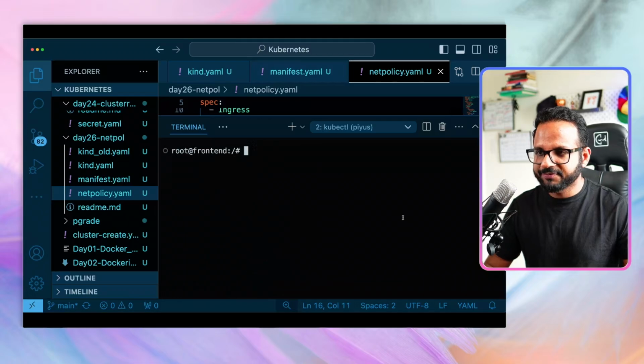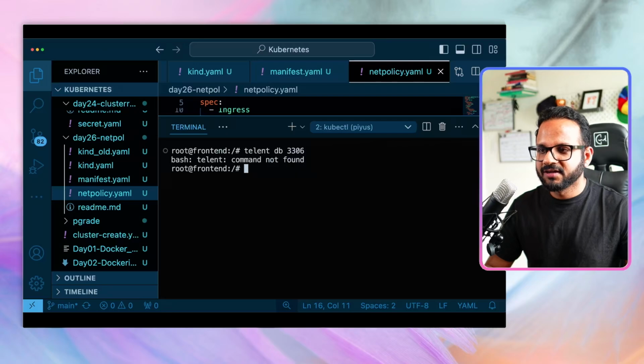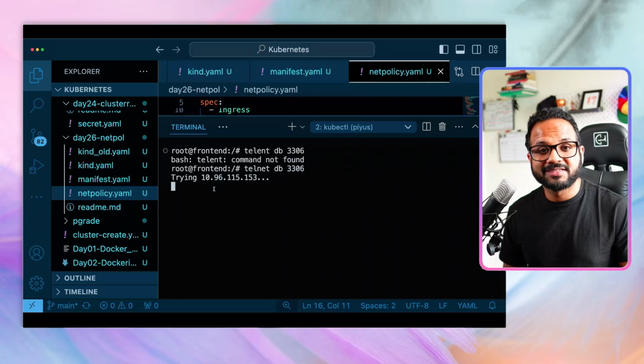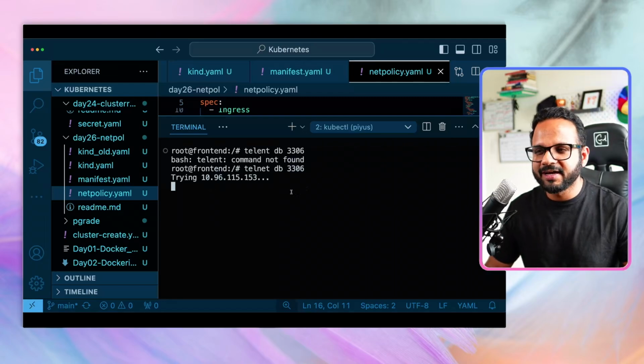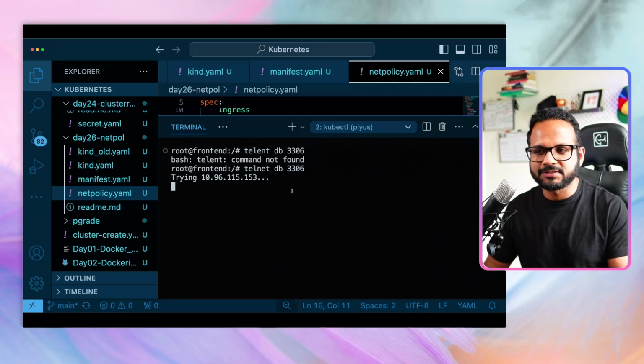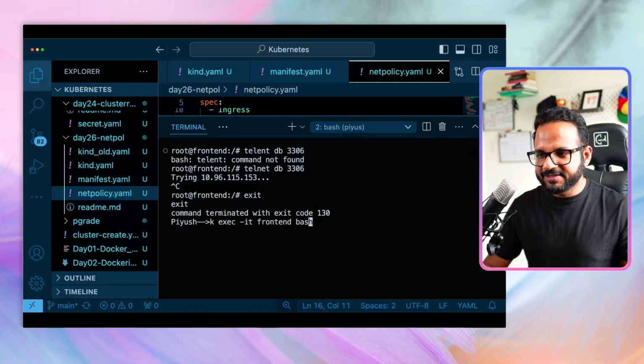Okay, we are inside the front end pod, and let's do telnet on db on port 3306. Okay, I've made a typo, telnet. All right. Okay, now it says trying the database service, but it's not getting any reply. It's basically going to time out after some time because we have actually blocked that port from this service. Now, if we exit, and instead of front end, go to back end,